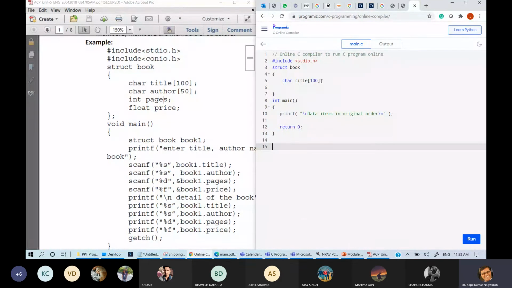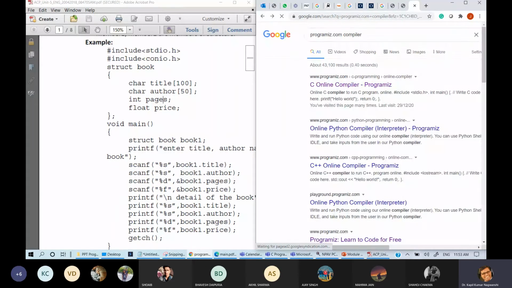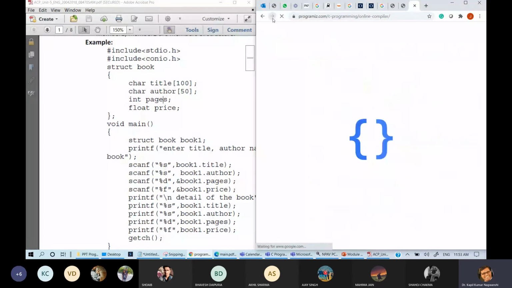Suppose some person may have a doubt, like we can also declare author 100. If I compile this program, it will give me one error. One semicolon is not given.